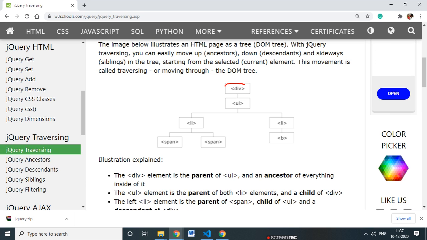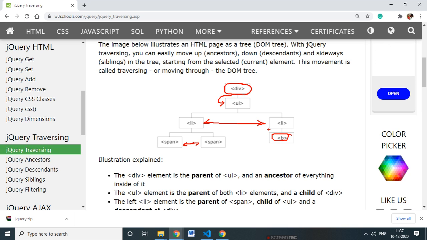Here you can see one div. In that div there is an unordered list, and in the unordered list there are multiple list items. These are the siblings, and in each list item there are again two siblings, a span and a bold tag.